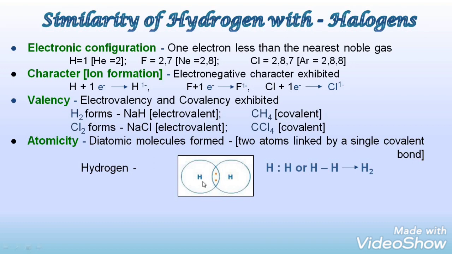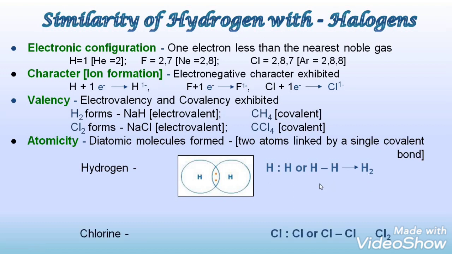Now you can see hydrogen with valence electron 1, the other hydrogen atom also with valence electron 1. It has only one electron; it cannot give that one electron to the other hydrogen atom, or it will cease to exist as an atom, hence it shares one pair of electrons. Now this sharing of one pair of electrons is a single covalent bond, and it forms a diatomic molecule H2.